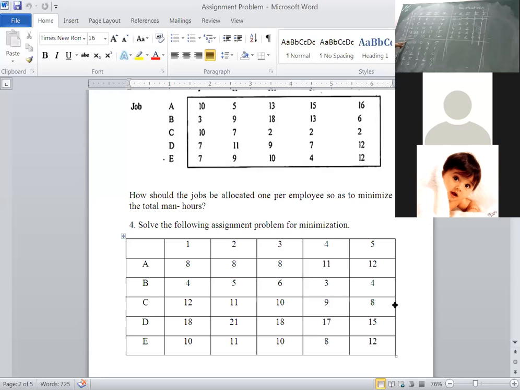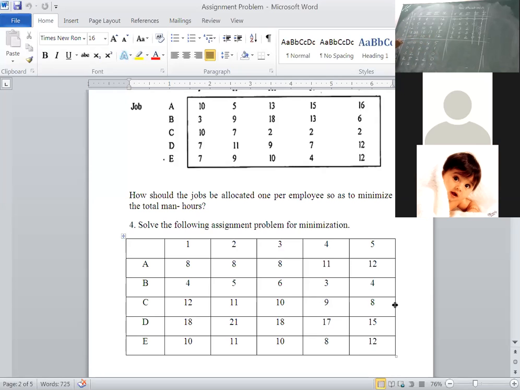See here, first row has 3 zeros, second row has 2 zeros. Third row is having a single 0. If you mark it with a square, what will happen in this particular column? If any other 0 is found, you have to cancel it out, right? Then in the fourth row again we are not getting assignments. That's why you have to repeat the procedure until you get the optimum solution. Right now, step 4.